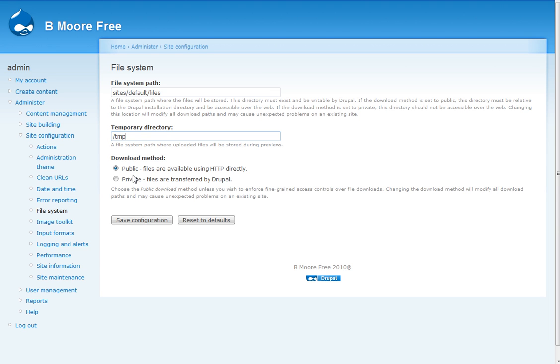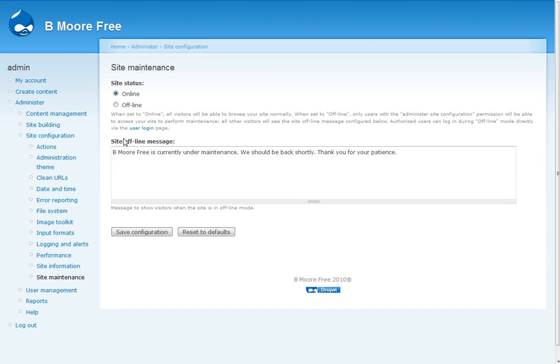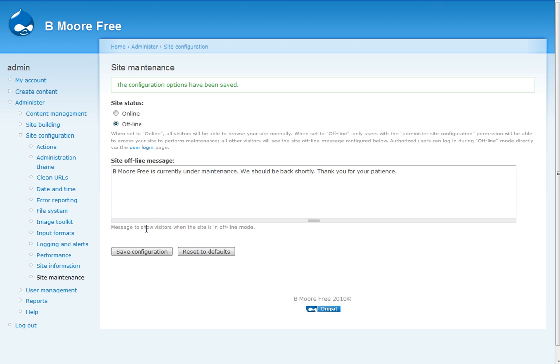And then you have your download method. Alright, I'm going to go ahead and save that, even though we didn't change anything. And that's your basic setup. If you want to put it down for maintenance, you can take the site offline and you can leave this message here, or you can alter that, which I'm going to do now because I'm setting up my site. And